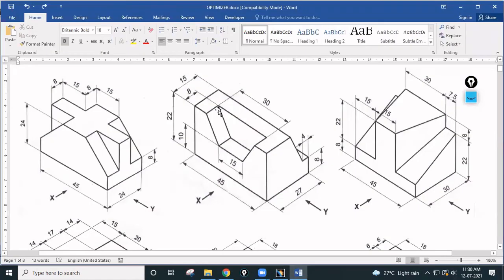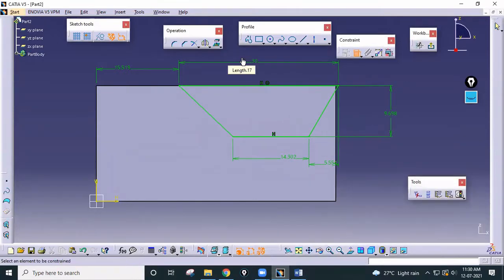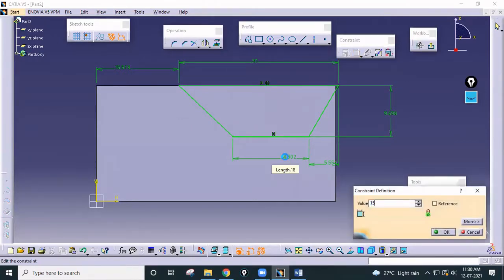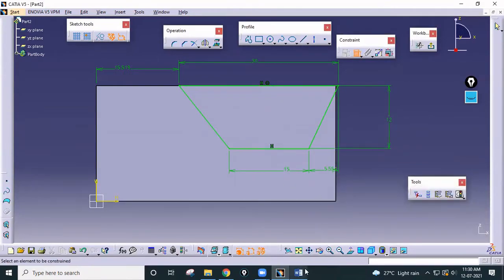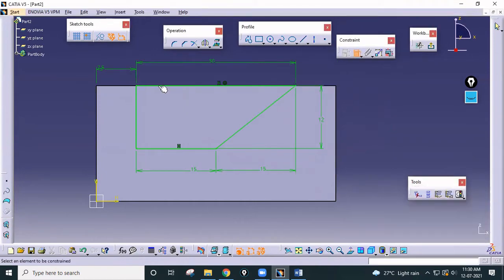So total upper width is 30, this one is 15, and 13, 15, and this depth is 12, because this is total 22, out of that this one is 10, this means depth is 12, 15, 30. So just enter 30 here, here 15, this total is 12, and this is total 4, again this will be 15, and this will be 7.5.